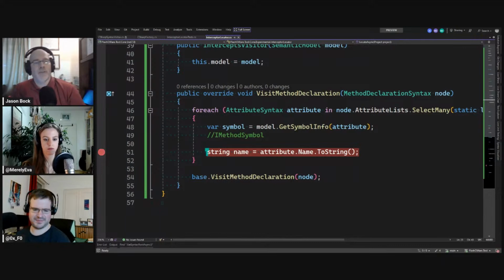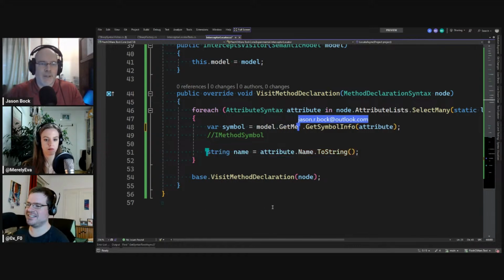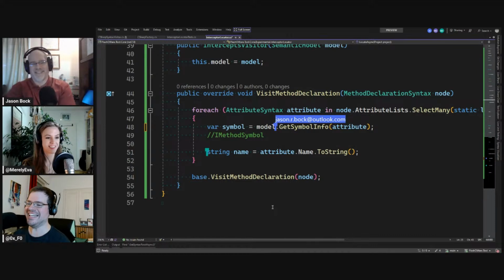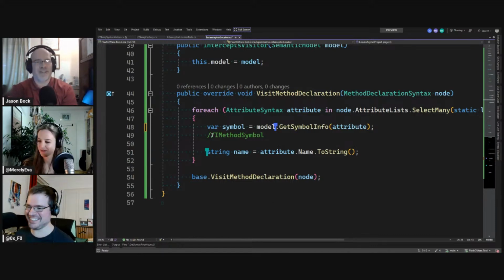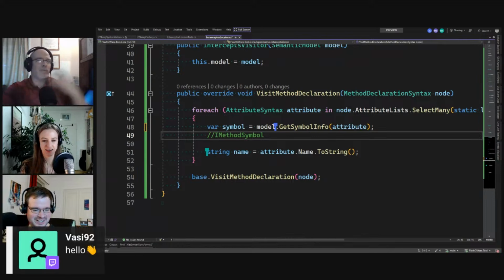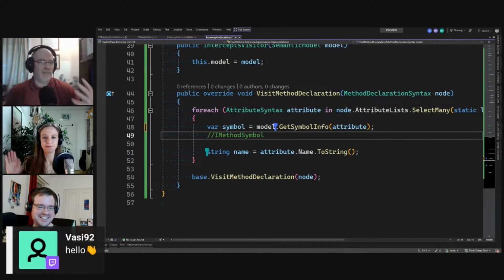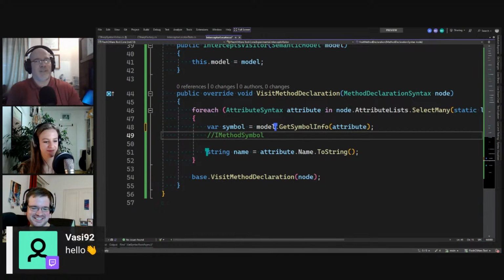Okay, let me just look at something real quick here. If I go to model and do .get, no, it doesn't do that. I could get declared symbol. You know what? Leave what you have here and then cast the symbol property to a method symbol, like you said. This can all be refined as you move through this. Again, we're just trying to make as much progress as we can now. Maybe some of these casts are a little bit dangerous, but we'll just damn it all the way for now.